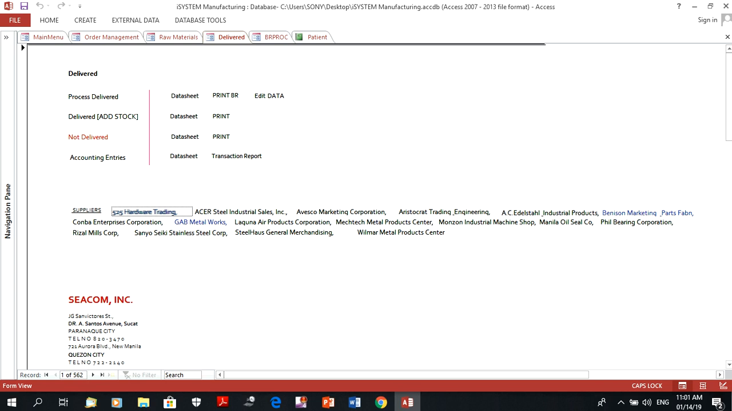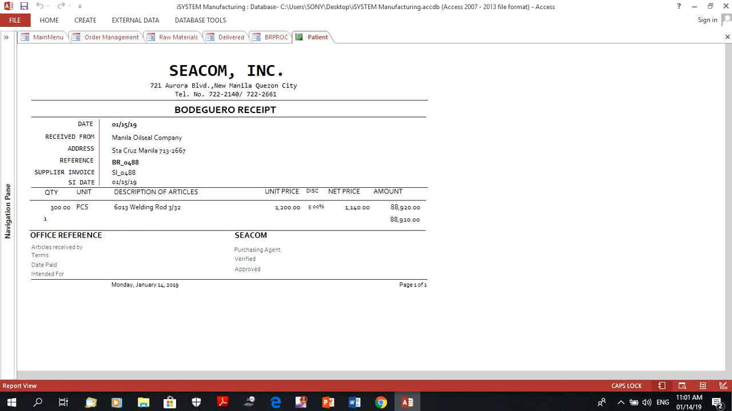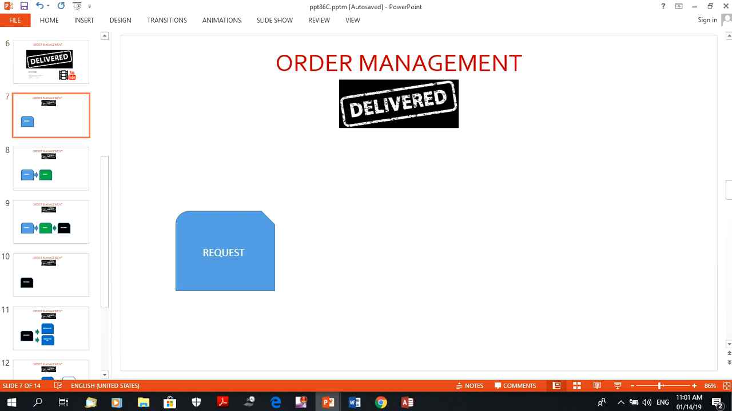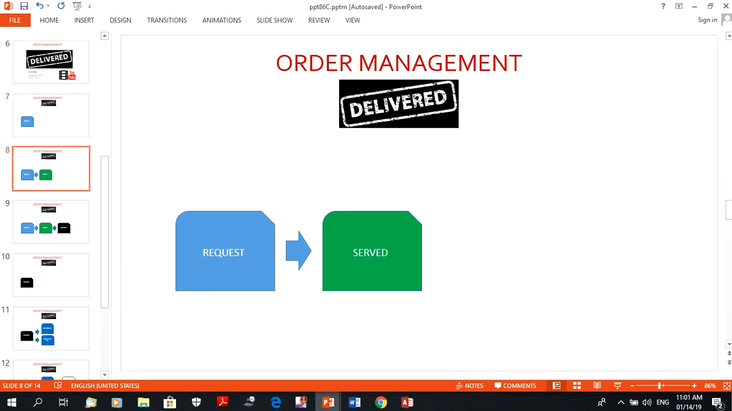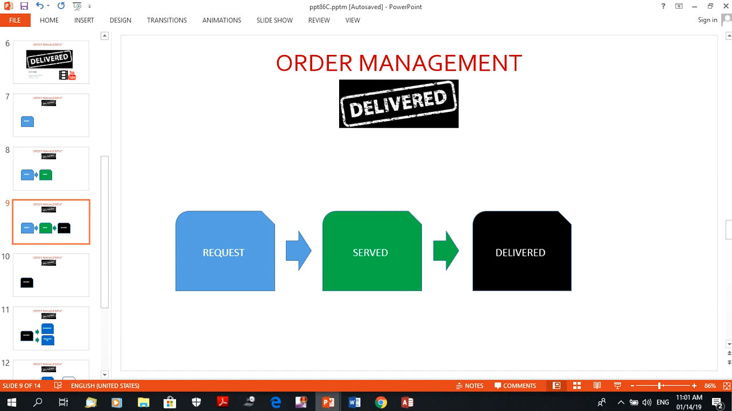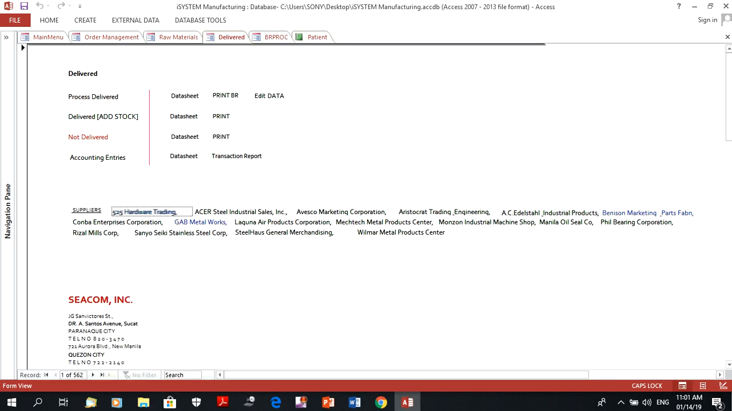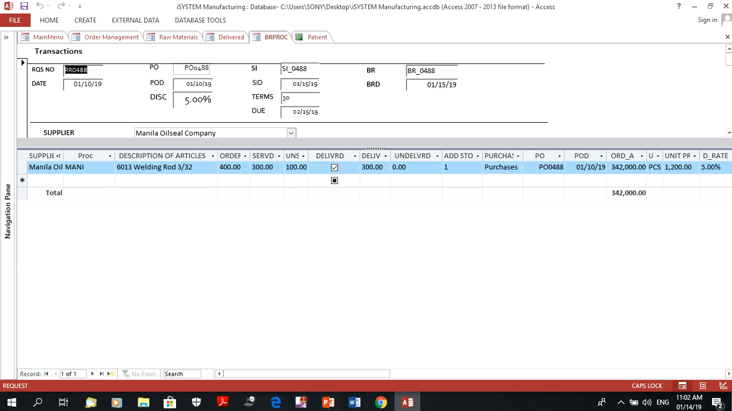you can already print the Bodeguero receipt. But what actually happens there? What happens there is, from the request, it was served and it was delivered. The way it was delivered, the way it was placed in the system, is in process delivered. Here, when you check this portion of delivered, here,